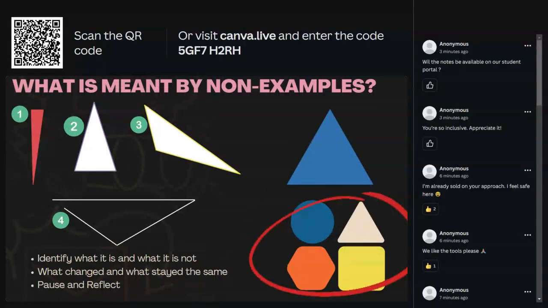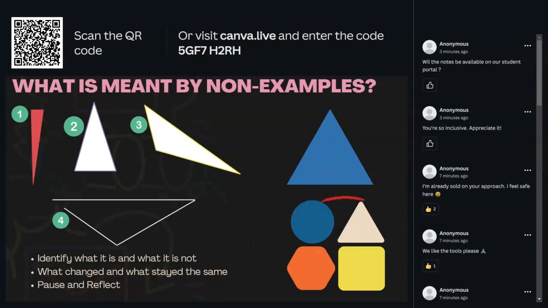But for the most part, what we have to do as educators is look at things from a different angle. And a non-example approach asks you almost to tip things upside down. So instead of looking at just that one example that I've depicted on the top right-hand corner, the initial blue triangle, on the left-hand side of the screen I give you 4 examples of different triangles. And now if I come with this perspective, I'm almost giving my students a broader way of looking at something and a different way of seeing it.